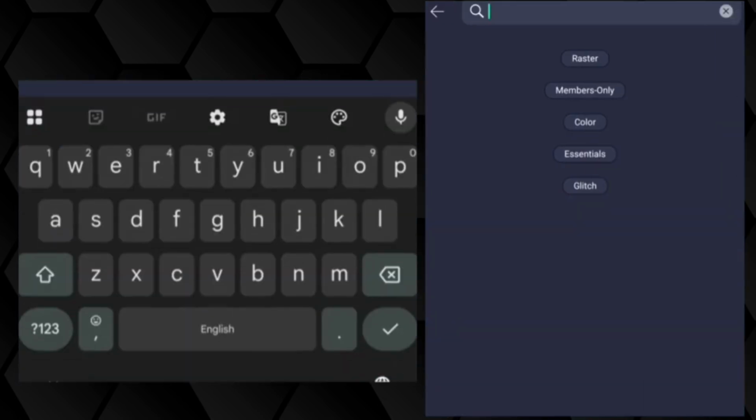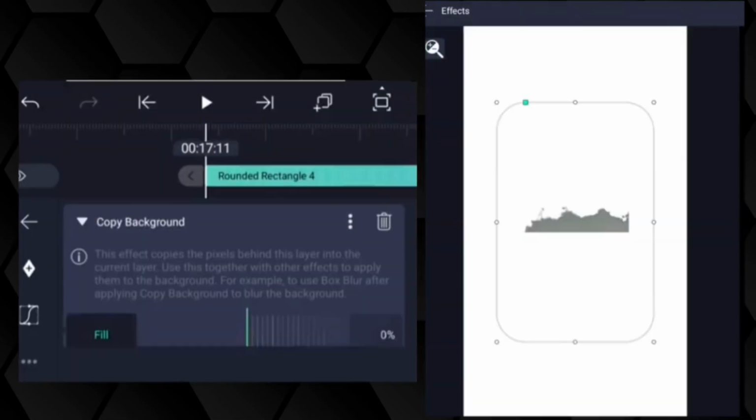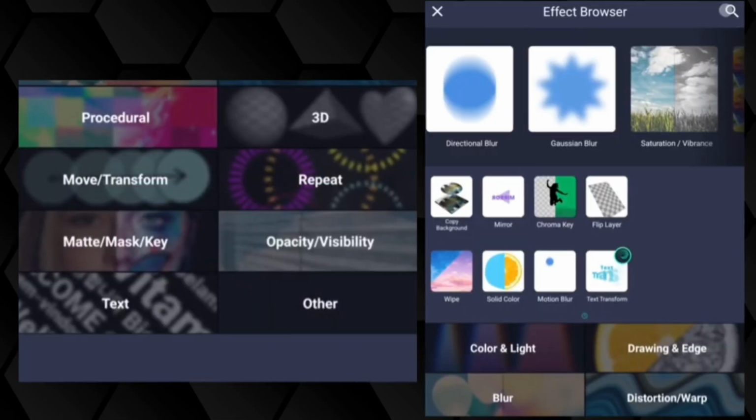And now from here add a null. Connect null 7 to the null 8. Also